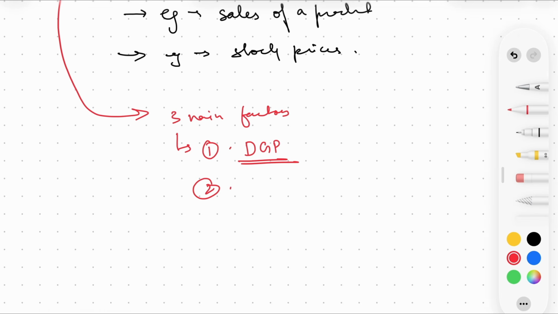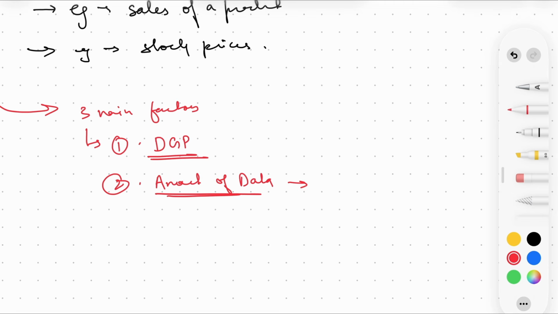Second is the amount of data. It's really important that you have a sufficient amount of data. Generally people have a thumb rule that you should have at least two cycles of the data as your training data. Let's say you have recorded sales of a product at a daily level. You'll have multiple seasonalities to it: weekly seasonality, monthly seasonality, yearly seasonality. You will have multiple trends in it. So you should have at least 2 years of your sales data to have a better forecast for the upcoming months, say 3 months or 6 months or maybe a year ahead.